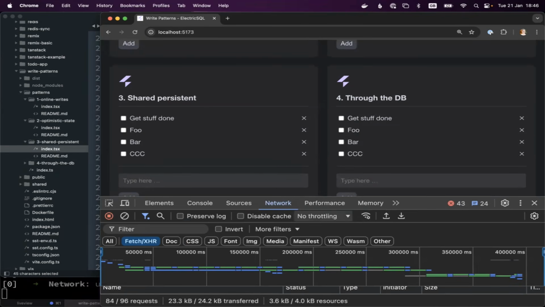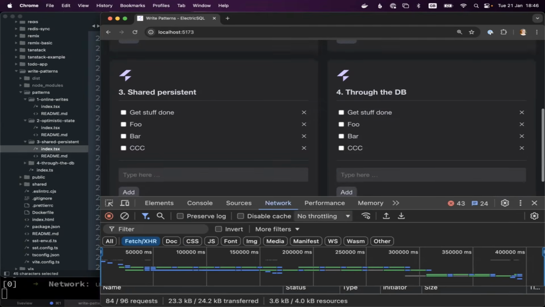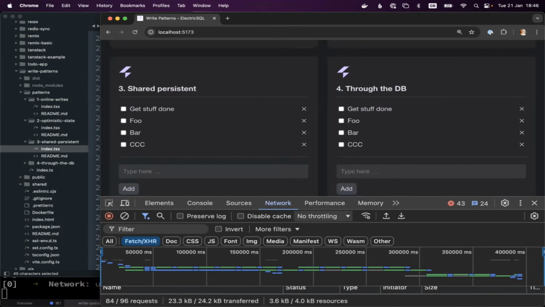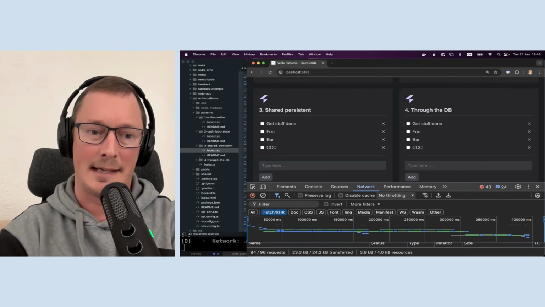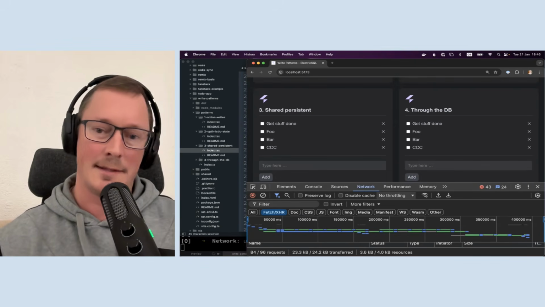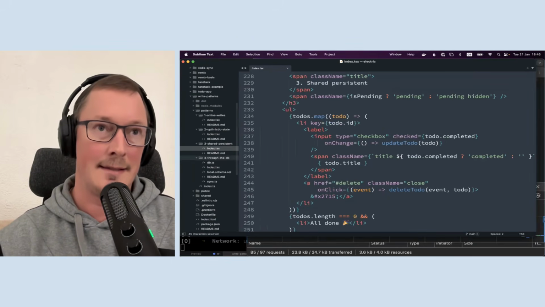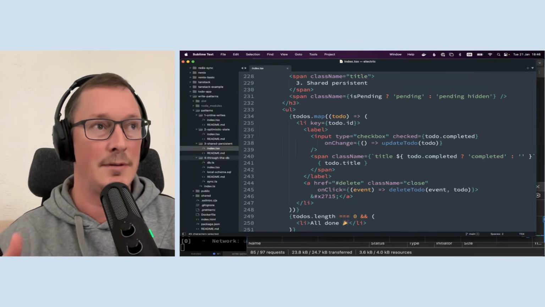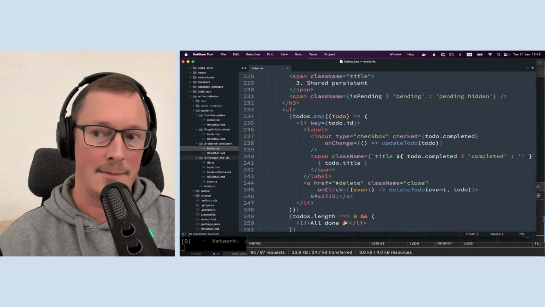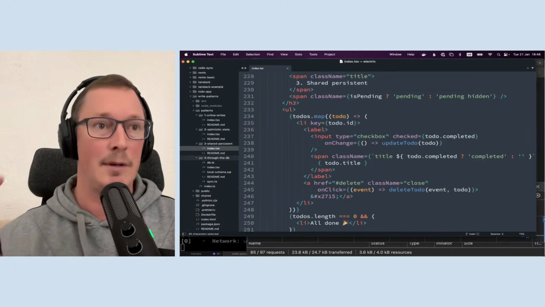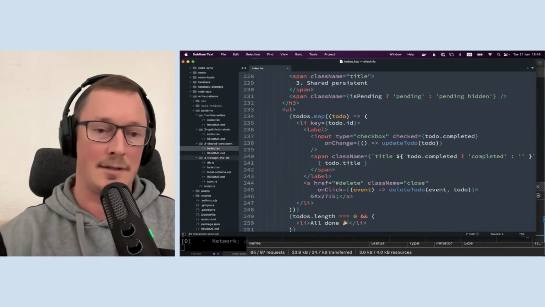And then just the last thing that I wanted to show is the through-the-DB sync pattern. Typically, syncing through a local embedded database is regarded as quite a complex challenge. What we've tried to do with this pattern is show that actually it can be relatively simple. In this case, we make writes to a local embedded database, and then we detect those and post change sets to the server.